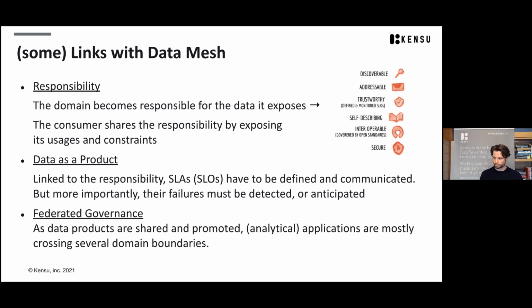But there are many concepts that I like a lot in data mesh, and 3 of them are the responsibility, which is given or taken, let's say, by the domain responsible of the data being produced or exposed, right? Being responsible means many things, right? Allowing the data to be discoverable, trustworthy, and so on and so forth. But what is interesting also is that the responsibility can be shared with the consumer. The consumer can provide information about what they expect from the data, why they are using the data, what is the purpose of the data, because there is a relationship that exists between the consumers and the producers. Right? The responsibility is shared, not like, oh, garbage in, garbage out.